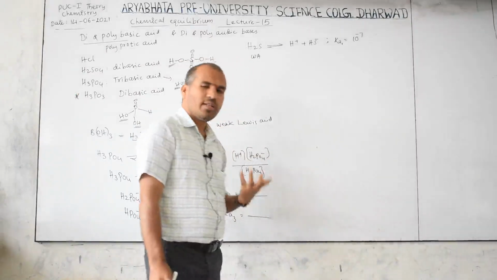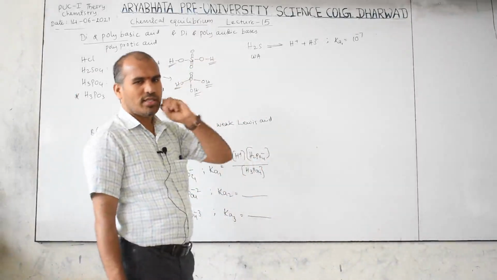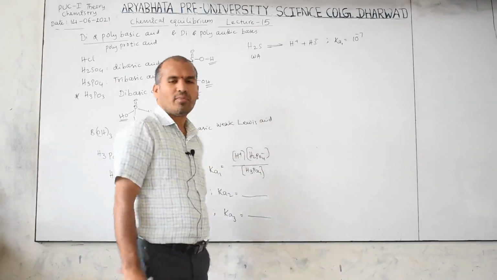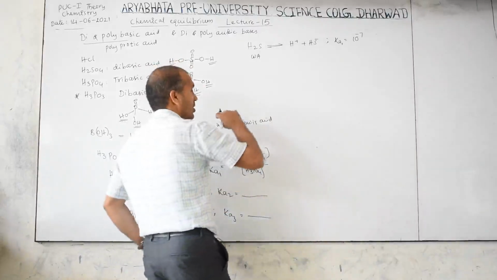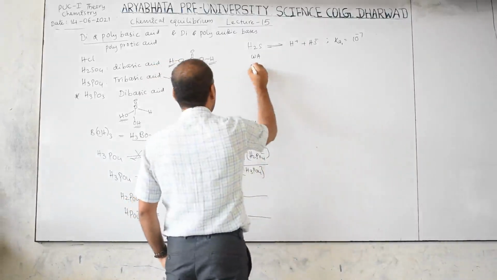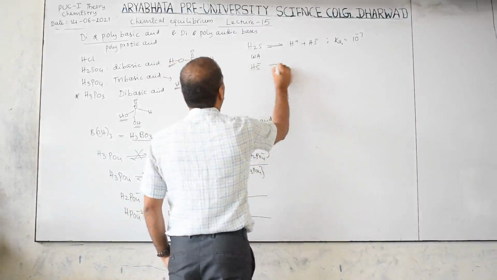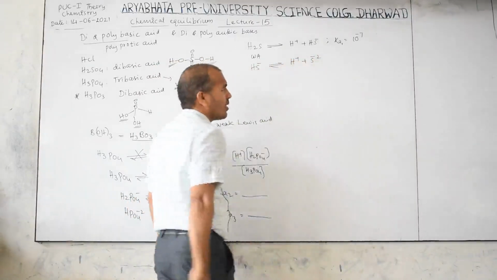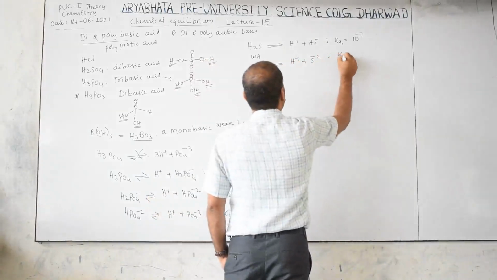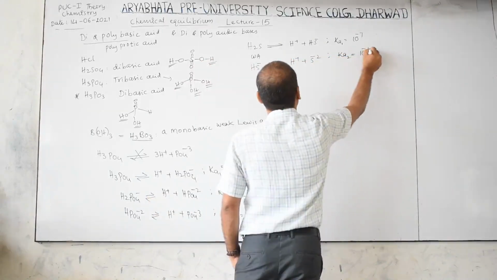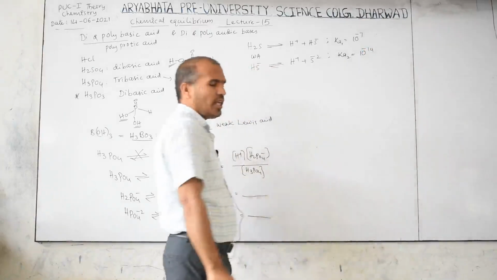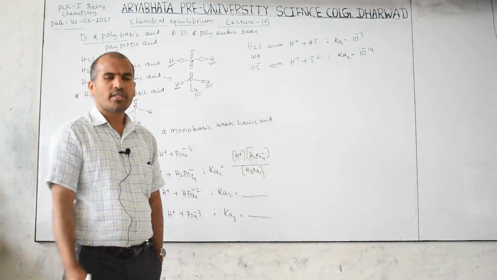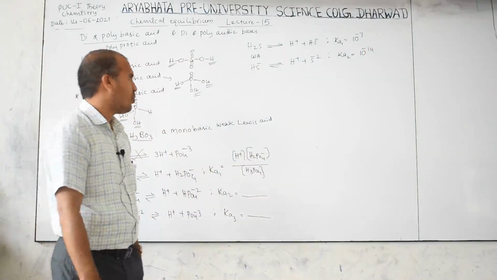So how to identify a weak acid or strong acid? I already told you that 6 acids are strong, everything remaining is weak, and if a Ka value is given, that is compulsorily a weak acid according to our problem calculations. HS minus ionizes into H plus and S minus 2. Here this is Ka2, consider 10 power minus 14. So based on these Ka1 and Ka2 values, what did you conclude? First step ionization is greater, second step ionization is very, very small.